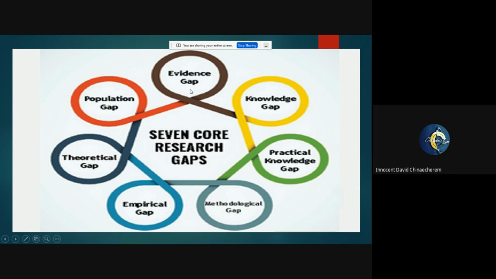Because when you're trying to examine the gap in literature, you're looking at it from several standpoints. You're looking at it in terms of methodology. Is there any other study that has used another approach? For example, several of the studies have addressed the same topic, but so many of them have used cross-sectional studies. That means there is a gap. If we can use a cohort study to explore this particular topic, it is likely that we might have a different conclusion, right? So there is a gap in literature existing there. That is just what we are talking about in this scenario. And we'll have a more detailed look at all this.